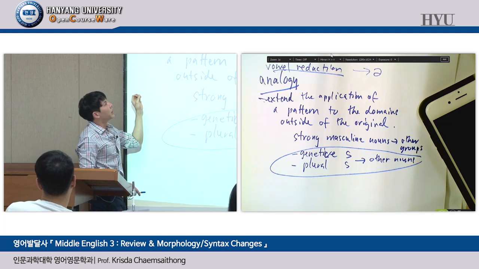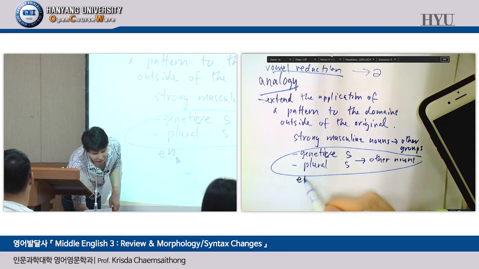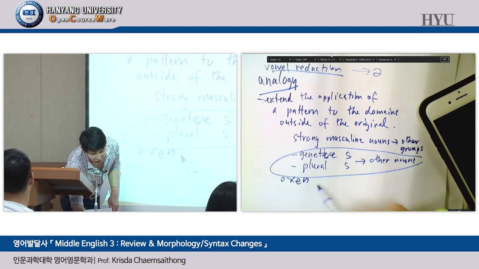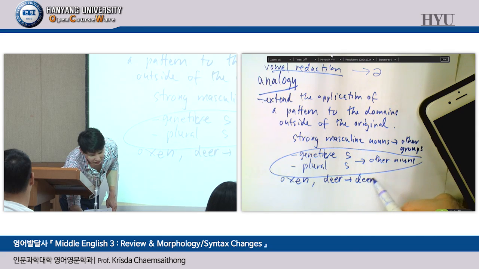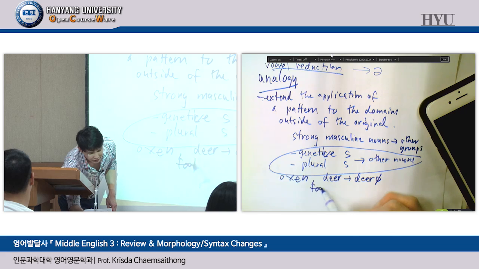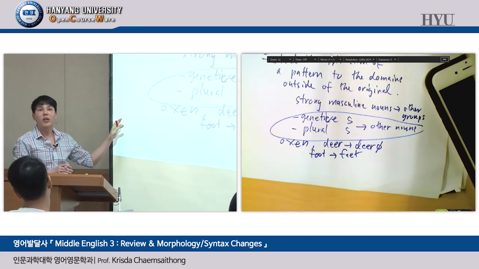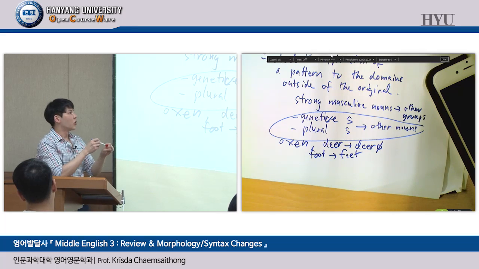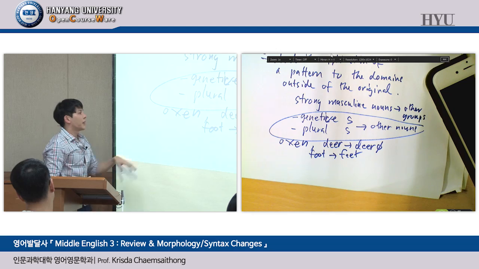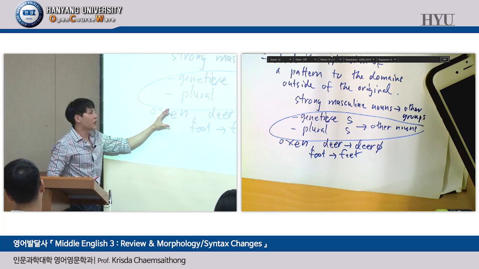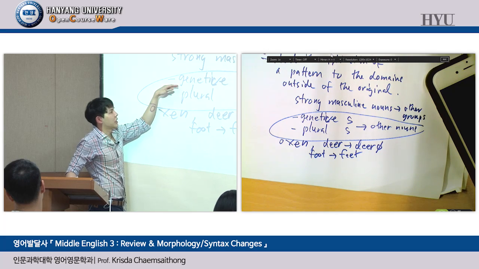And you will keep the irregular nouns like ox to oxen, or deer to deer without anything, or foot to feet. You keep these because they are irregular and people use them every day, so there's no need for them to extend to do the analogy, right? So that's why these survive. And these are the remnants of Old English, actually. And then the only 2 that are productive are the genitive and the plural,